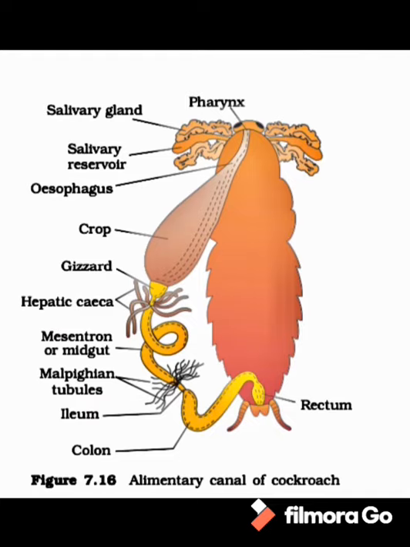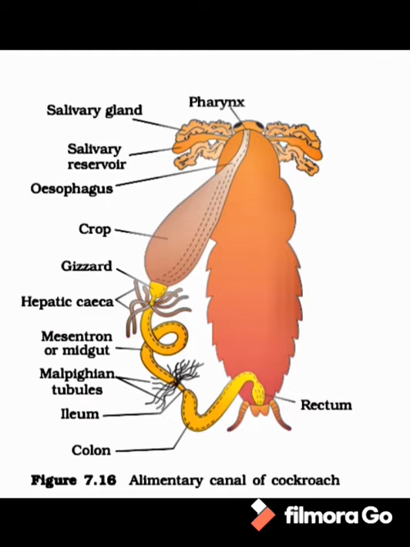Esophagus acts as a passage to transfer food from pharynx to its further part called crop. Crop is an extended sac-like structure in which food is temporarily stored before digestion. Crop leads to a small, very thick walled circular structure called gizzard. In the gizzard, grinding of food material takes place. With the gizzard, the foregut completes, and after this the midgut starts.